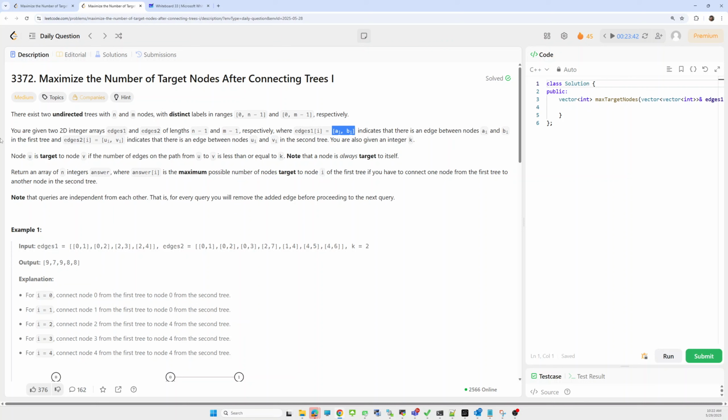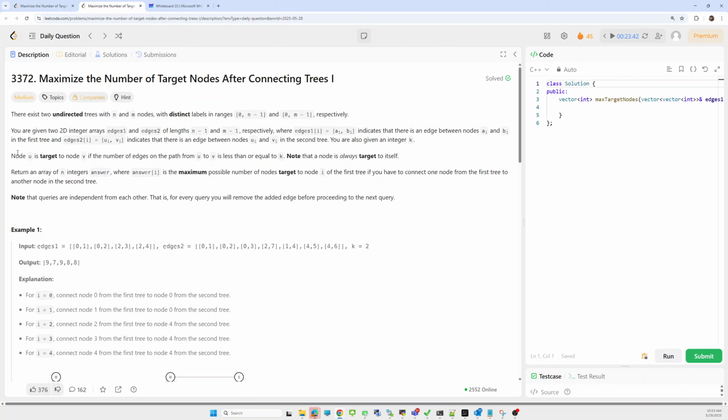There is an edge, a connection, between node ai and bi. Similarly, in edges2 also, it indicates that there is an edge between ui and vi. And we also have one integer k available.